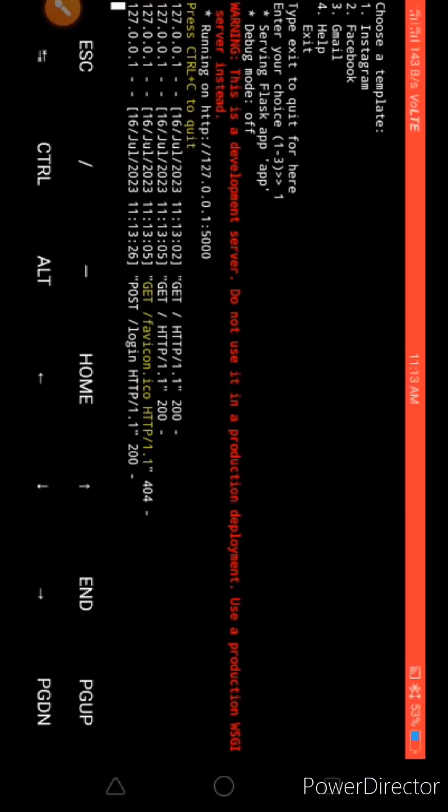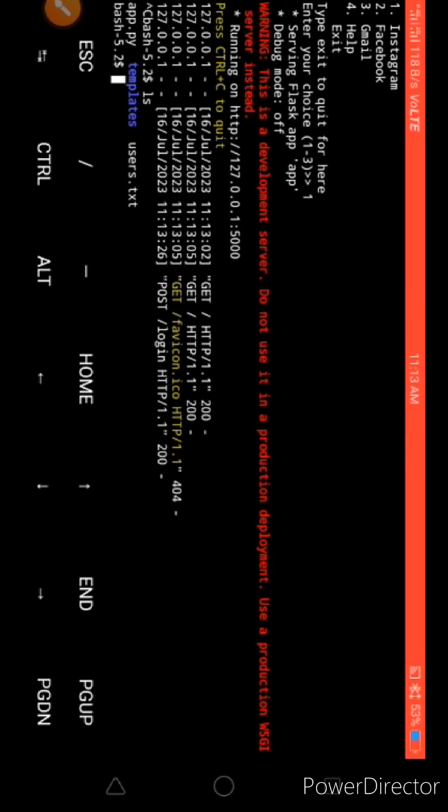First of all, stop the server. For stopping the server, press Control plus C. There you go. Our server is stopped. Then type ls. Then you can see a new text file was created named users.txt, and all our login information